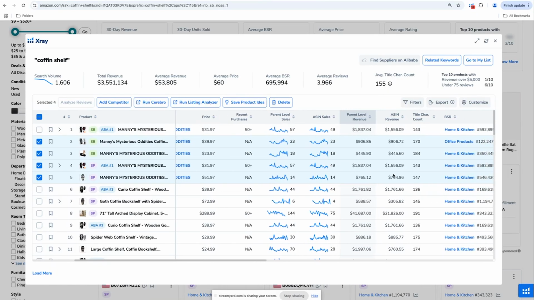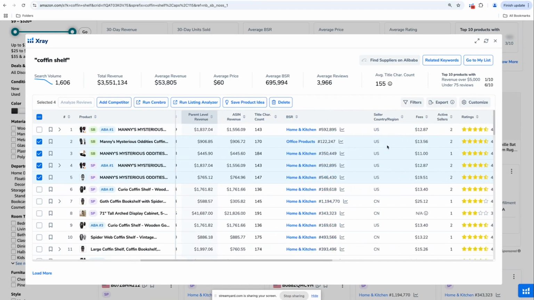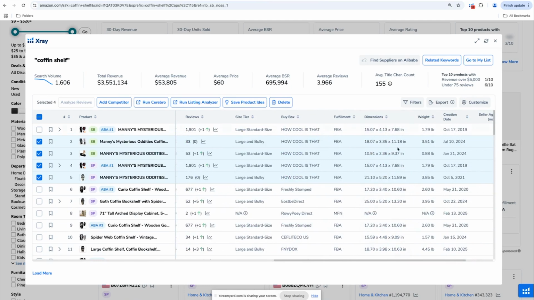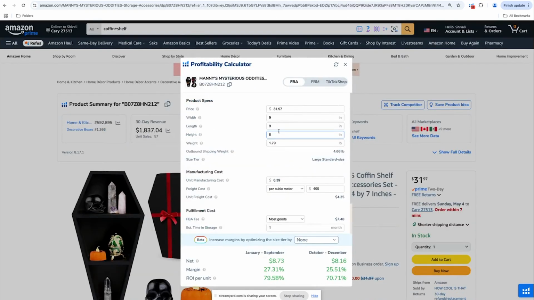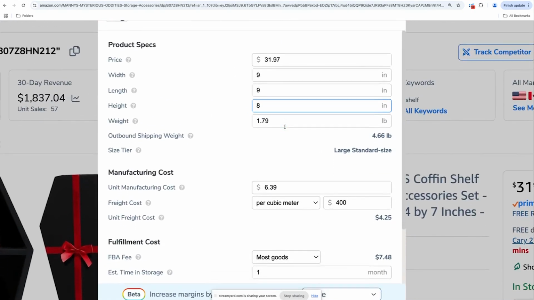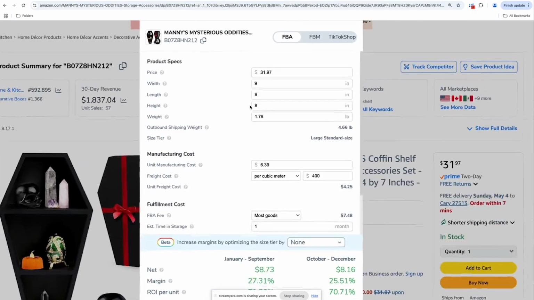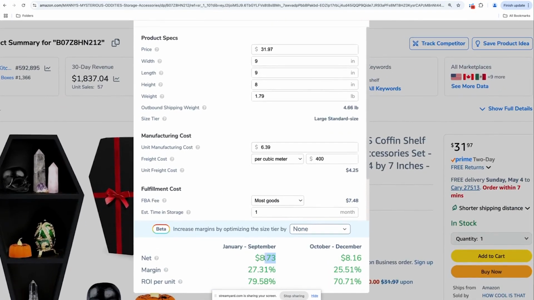Some of the last few columns we are seeing here that have yet to be covered, we have price, we have FBA fees, dimensions, and weight. There's a reason I try to hammer the intersect of all of those to new sellers, and that is because check this out. If I were inside of this Manny's Mysterious Oddities listing and I were taking a look at the profitability calculator, let's say that this product was 9 by 9 by 8 inches. Okay. That is telling me I have a profit margin of about $8 just based off all the numbers I've inputted. If I went and I just changed 1 inch, all of a sudden my profit margin goes from $8